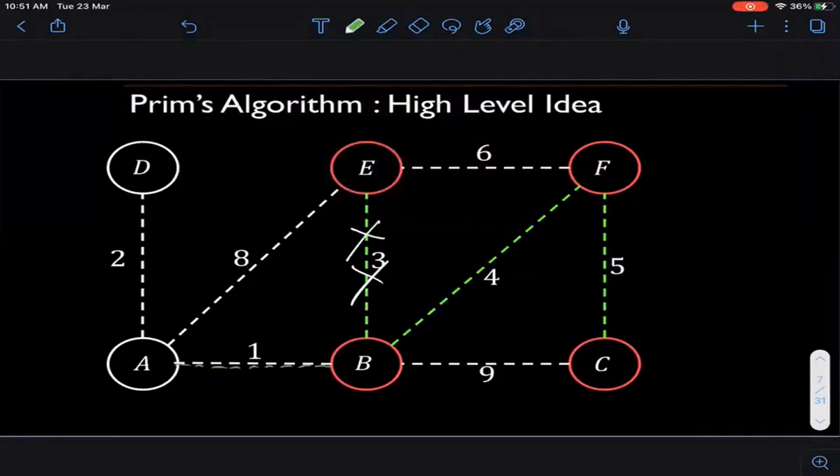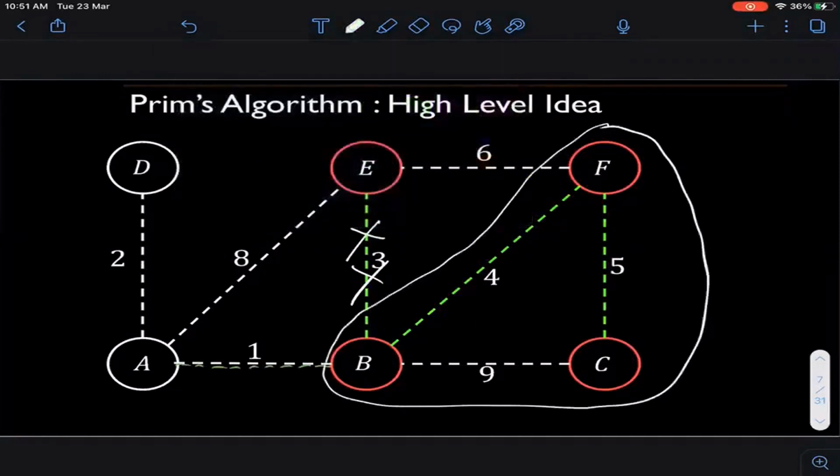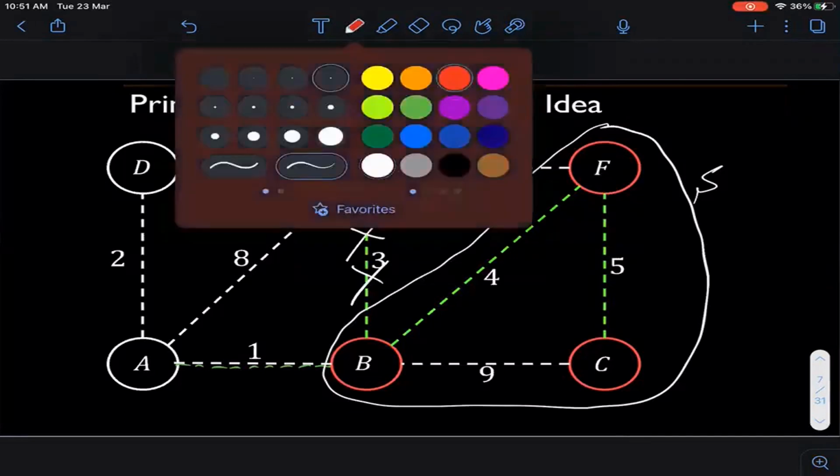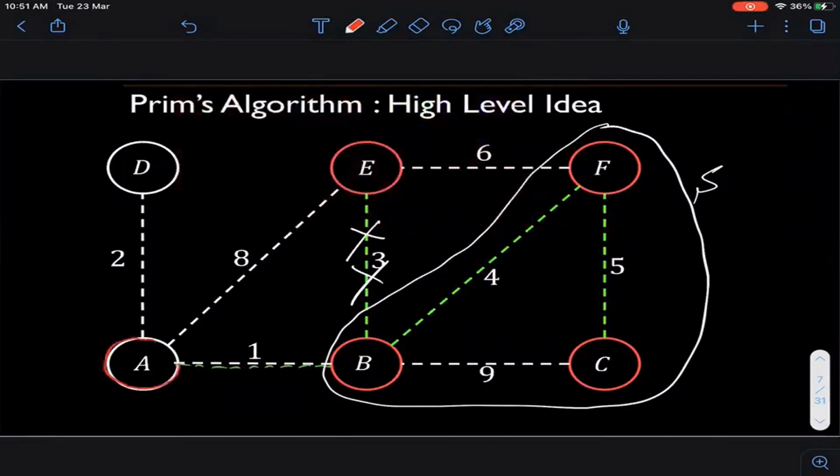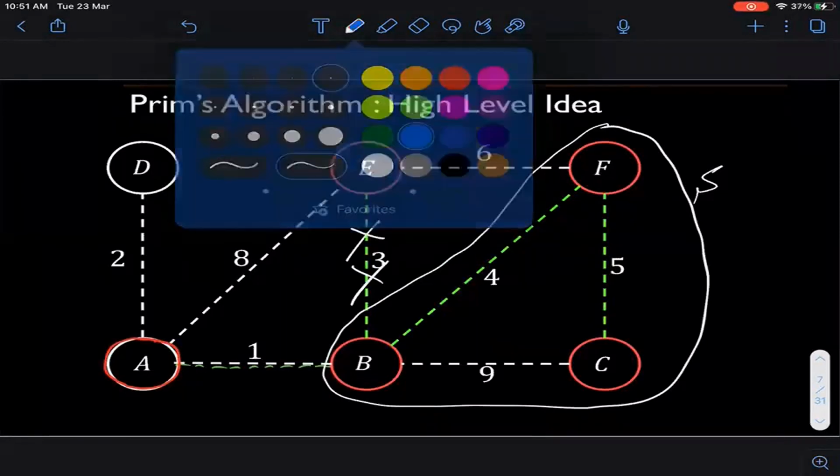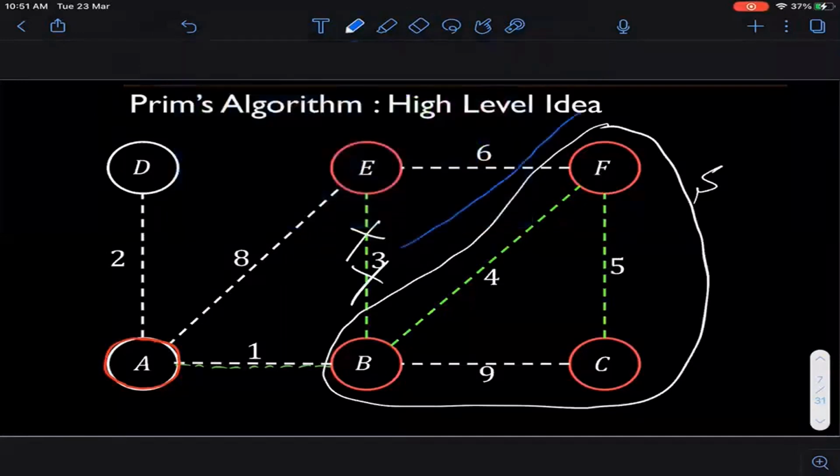Yeah. Remember why? Because this was my set. So this was my current set S. So the minimum cost edge that is going out is clearly 1 and not 3. So I should not have included 3. So now mine will become this, okay. Let me actually finish the procedure in this picture. So now this will be included, okay. So please everyone note, this is a mistake. I should not have included 3. I should have included 1 in my tree. Okay. So how does my S look like now? Well, this has expanded again, so it will look like this now,